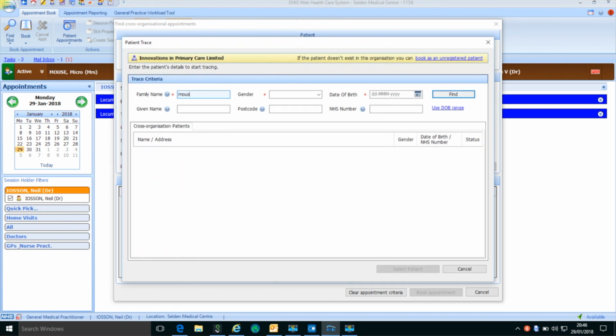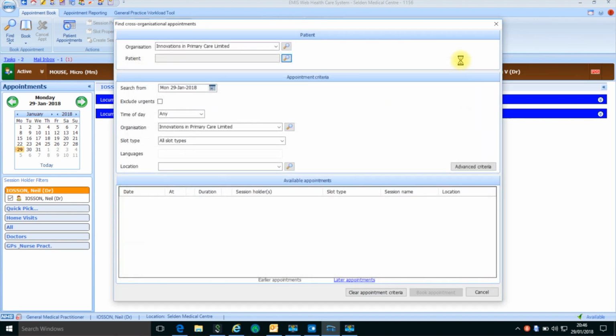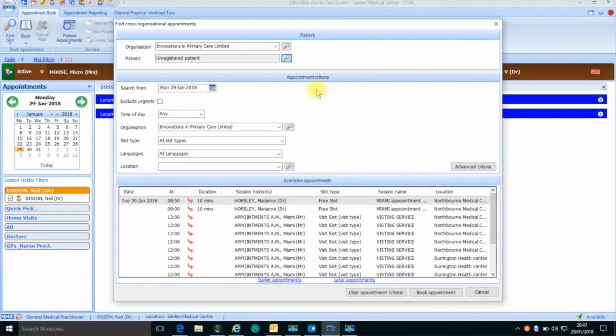First thing we do is just double check that the patient isn't known to the Miami system. And we can see that no patients are found. So we need to book them as an unregistered patient. Once we do that, you can see that it marks unregistered patient in the top here and invites us to